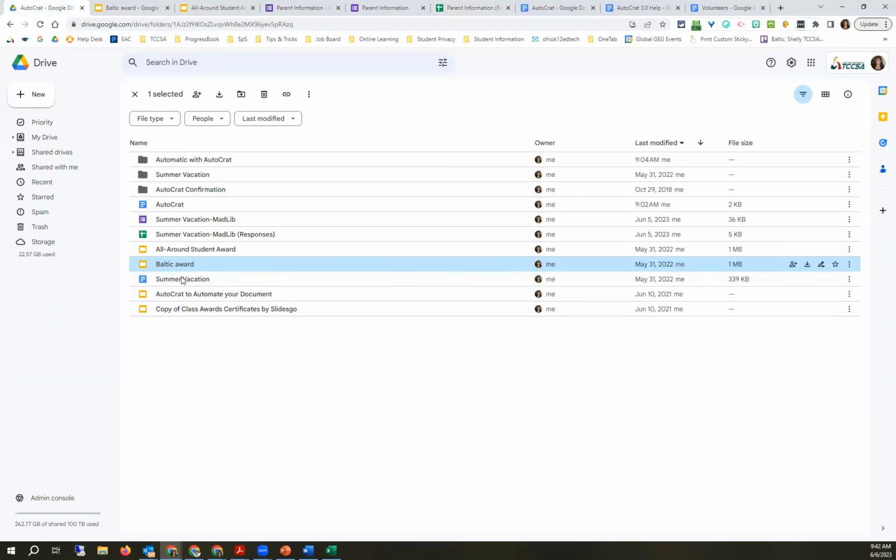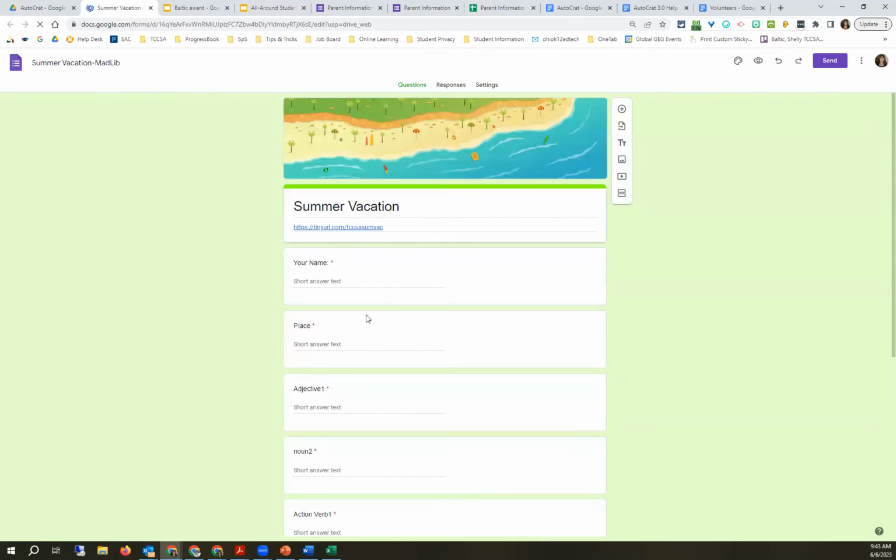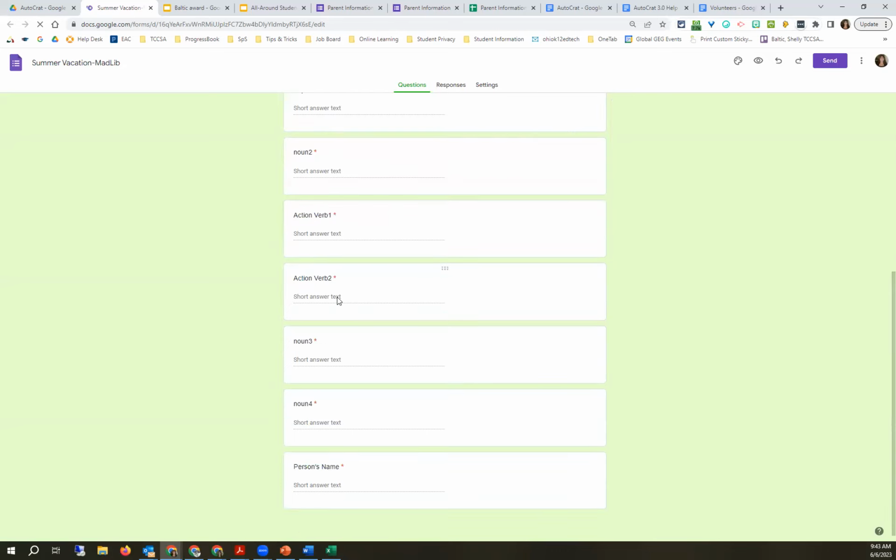Another example is doing some type of Mad Lib. So this is a great quick activity that the students can do. Maybe you have a couple Chromebooks in the back of the classroom. The kids can go through there and it populates based on a form. So the students would come in and they would fill in the person, place, thing, nouns, and so forth. And then it's going to take this information from the Google form